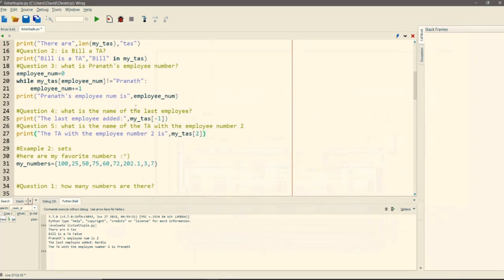So that's a way of using lists if you wanted to make a little program just to keep track of your employees, how many there are. So this does have real world applications, and it's going to come in handy. I know this is a general engineering course, and one thing to note is there are a lot of programming jobs out there, and a lot of them are going to be inside of your field.